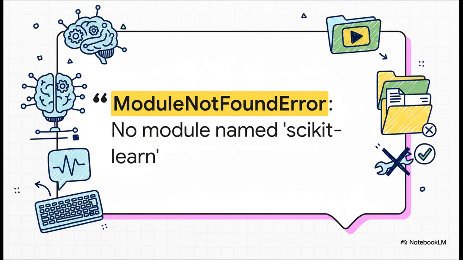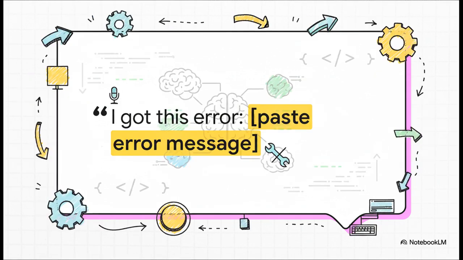So imagine this pops up on your screen. Module not found error. No module named scikit-learn. I mean, to anyone who's not a coder, that looks like complete gibberish, right? It's an instant roadblock. And yeah, your first thought is probably just to close the laptop and give up. But check this out. With your new AI partner, the fix is unbelievably simple. You just copy that scary-looking error message, paste it right into the chat, and say, "Hey, I got this error." And that's it. Claude will figure out what's wrong, explain it to you in simple terms,